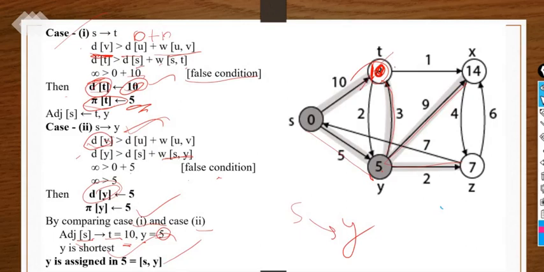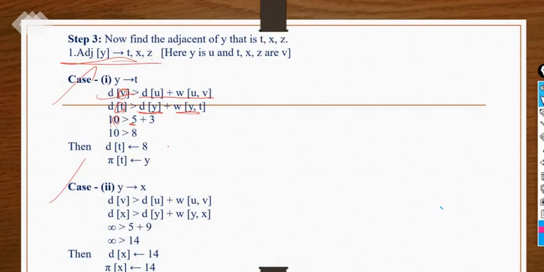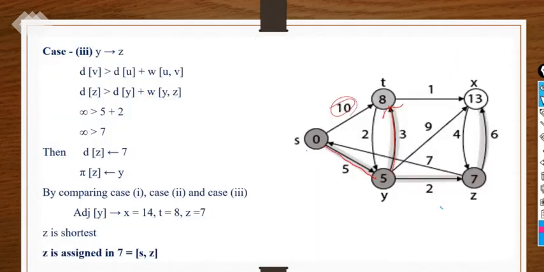So what we will consider, of course, this 10 will be replaced by 8 because this path is giving the much better, less value. So we have to replace each and every time. So it will be replaced by this value 8. Its condition is true and it is replaced, right? So next we have to check Y to X and again Y to Z. Same thing you have to perform, and if you are getting the minimum value, then you have to change that value, otherwise move on. Like this will become 8, giving the lesser value.